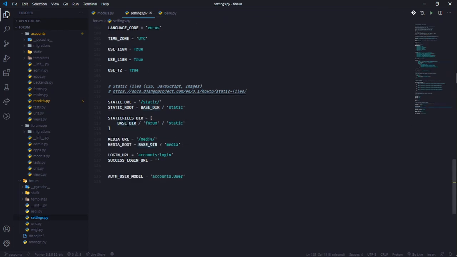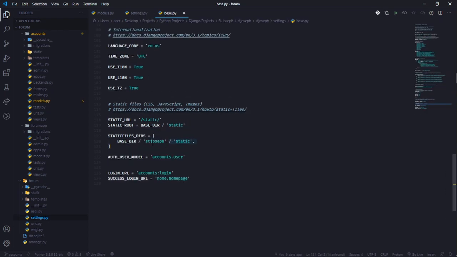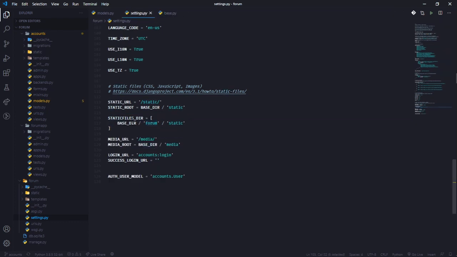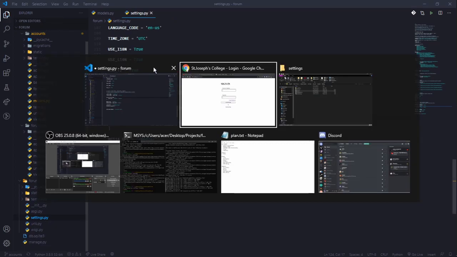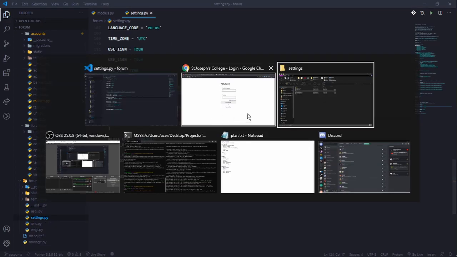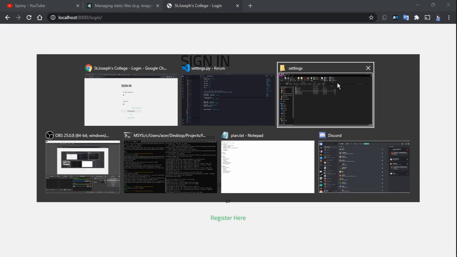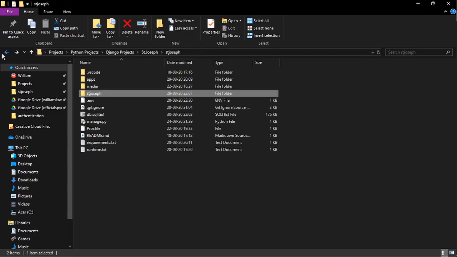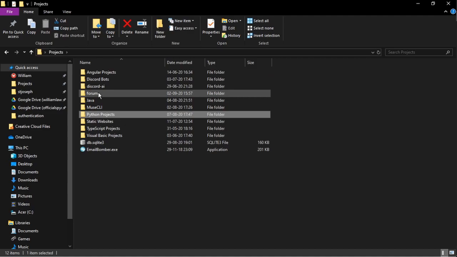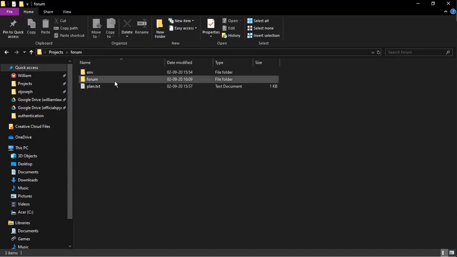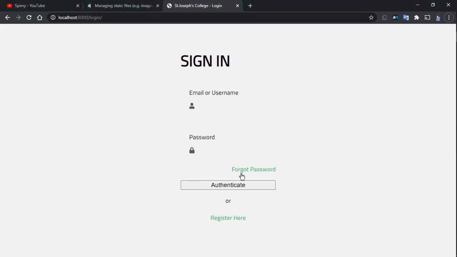So the base directory, and then we'll get to the forum, which will then lead to the static. Did I spell static dirs wrong? Yep, I spelled static dirs wrong. That's really dumb of me. Okay, we should be fine now. There we go. That was static dirs with an S. Okay, noted. Okay, so now that we've got all these done,